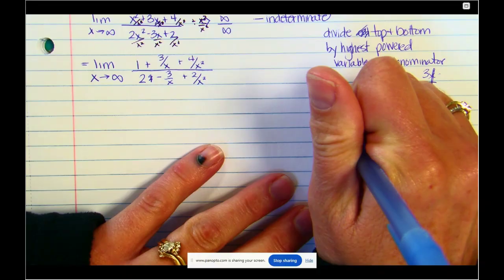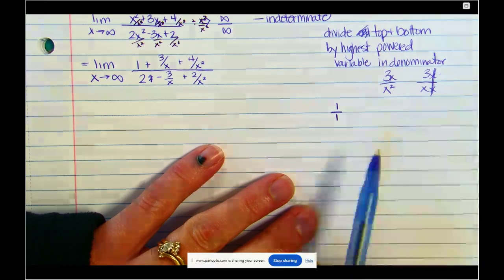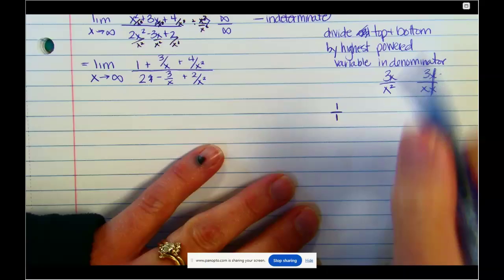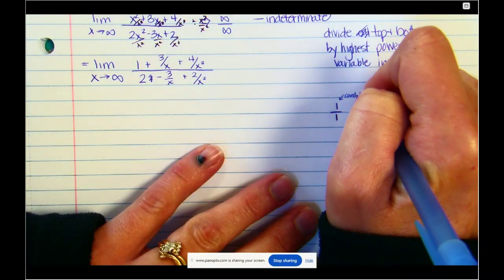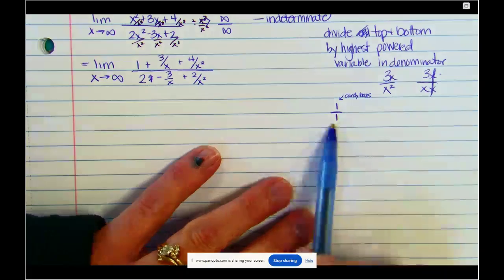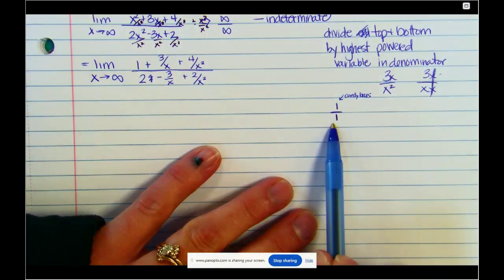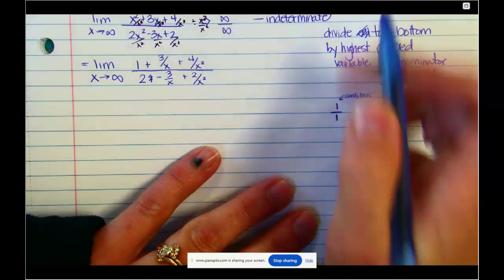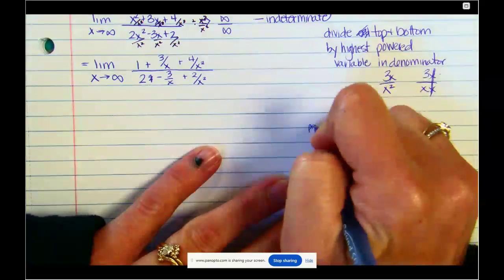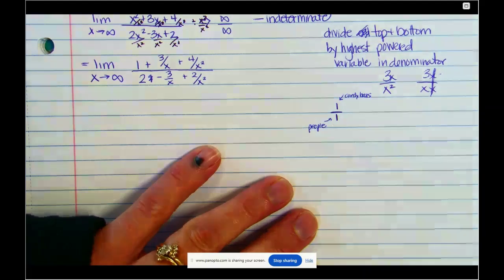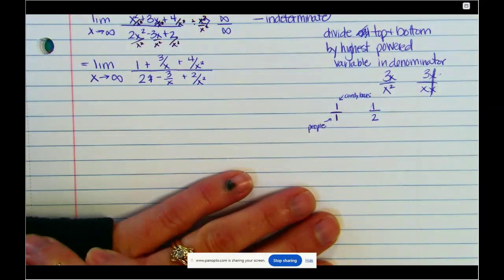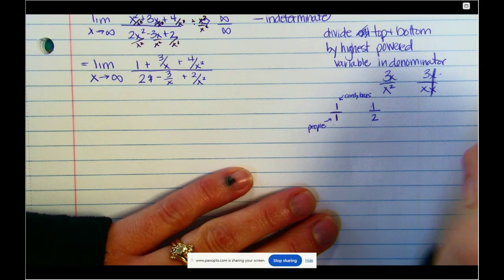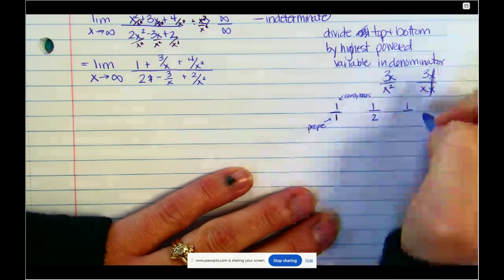Milk chocolate. So if I have one candy bar, the top is how many candy bars I have. And I am only sharing it with myself. So one person. How much of the candy bar do I get? Okay. If I have one friend and I decide to share that candy bar, how much of the candy bar do I get?